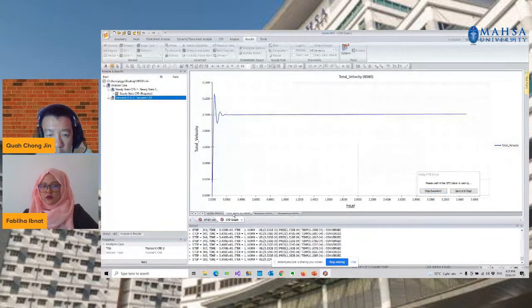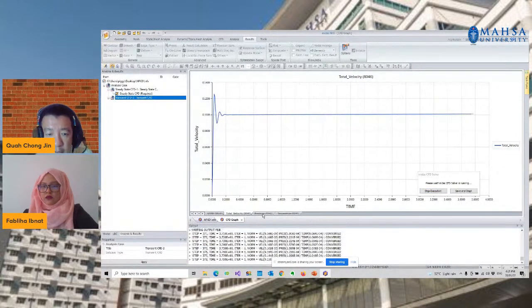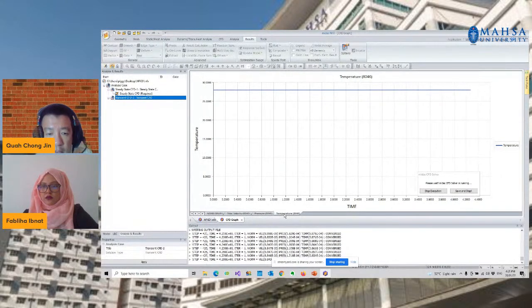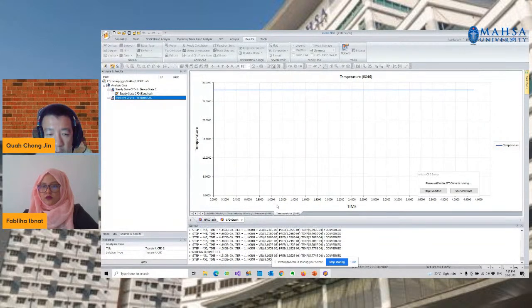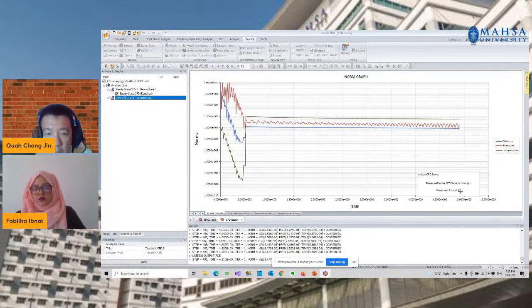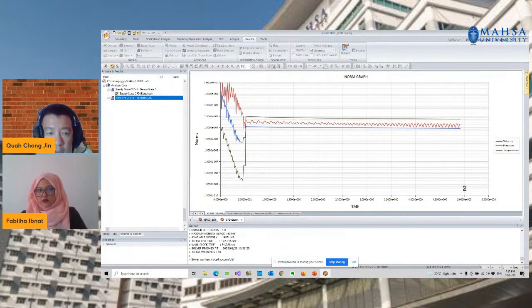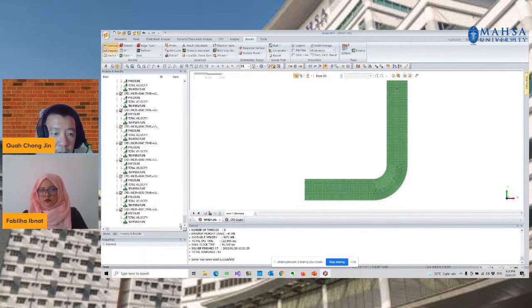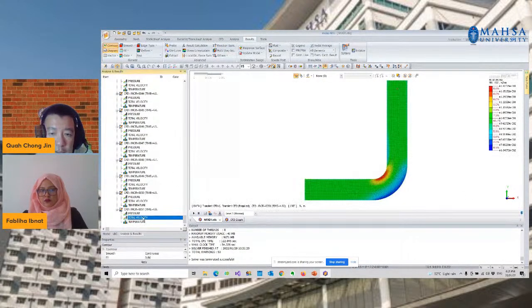We will check the quantity of the velocity. It looks nice. The pressure and the temperature as well. All right, so it seems that everything goes well. If I stop over here, it doesn't matter. All right, so let's see the total velocity.